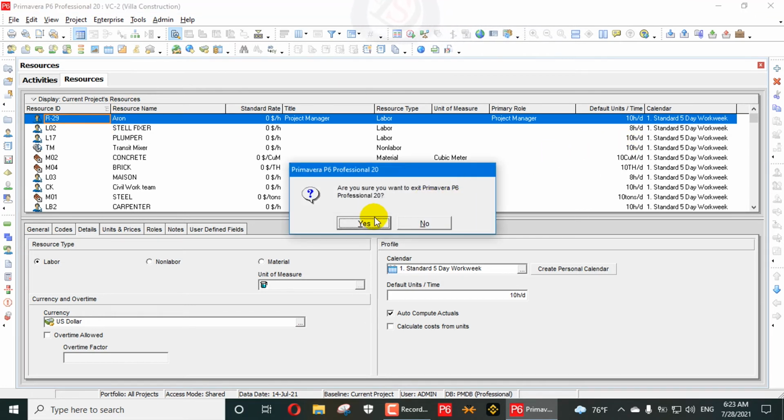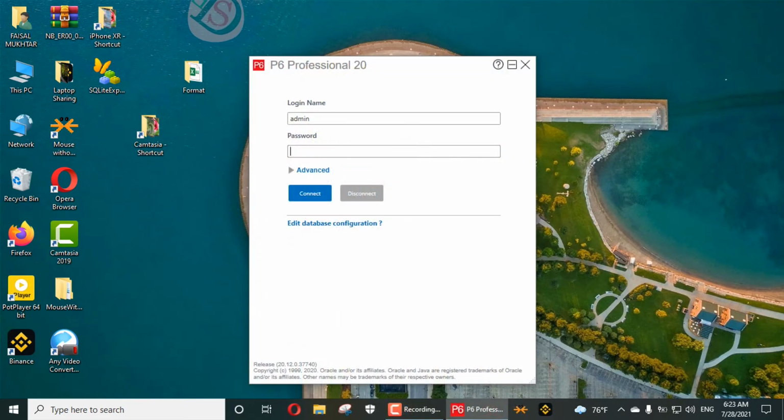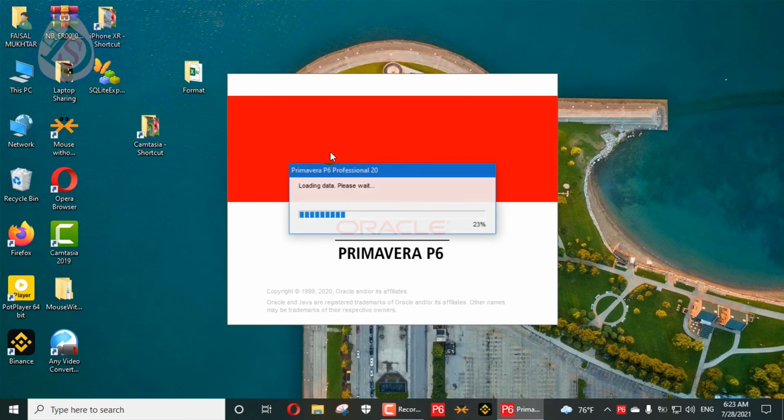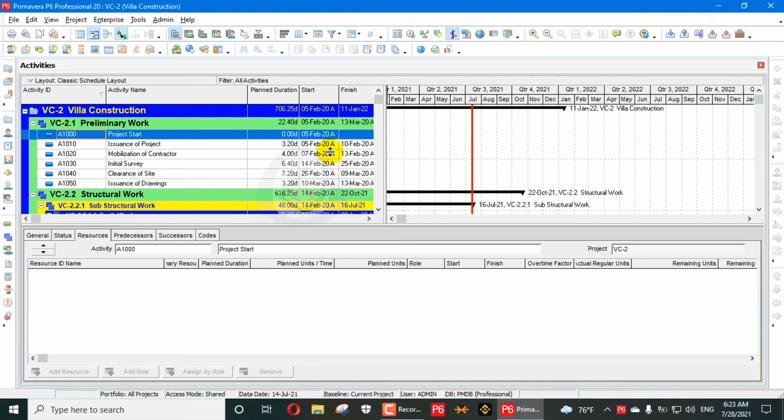I will close the project, close the whole Primavera P6 file and open it again, and you can see the startup filter applies. Startup filter means when you start your database or run your database initially, it filters or does not filter all your required resources, roles, OBS, activity codes and cost accounts. If you require the current filter, it will apply the current filter. If you don't require any filter, it will remove all the filters. If you remove all the filters, your database has a lot of projects and a lot of data, so it will take time to load.